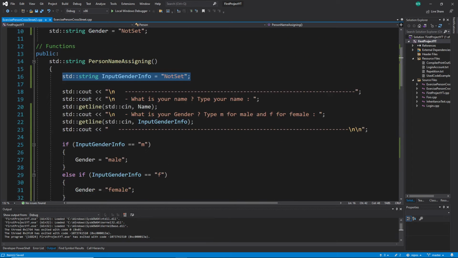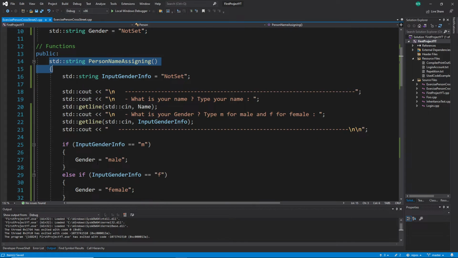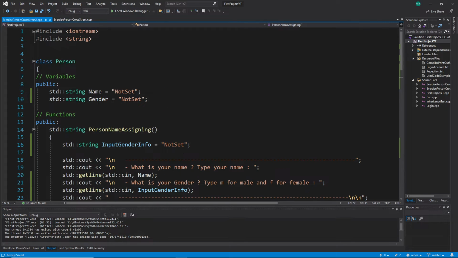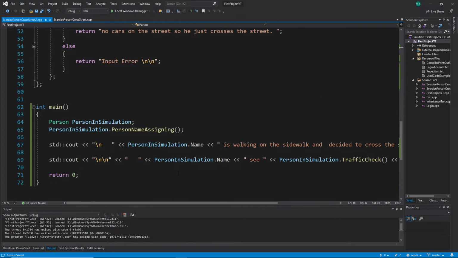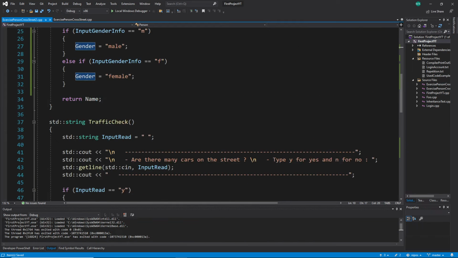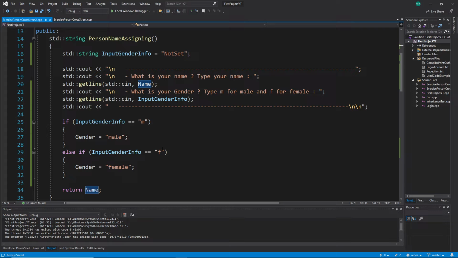For example, this input gender information I will use only in this function here. But the other one here, this gender, I will probably use in other places. And if I'm using this in other places, then I make this global. If I'm not using this in other places, for example, you can see this name here, which we